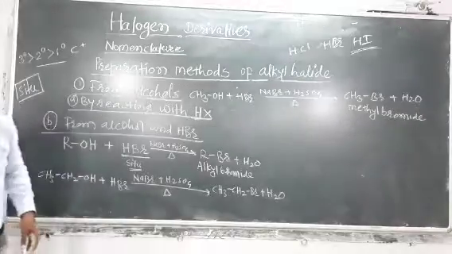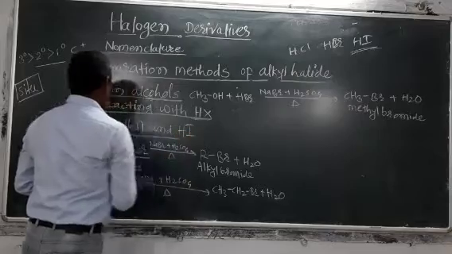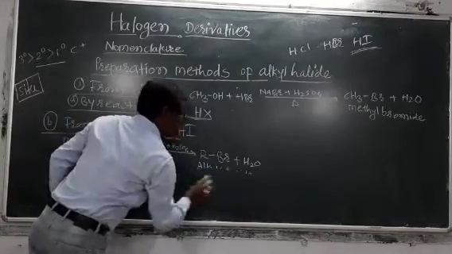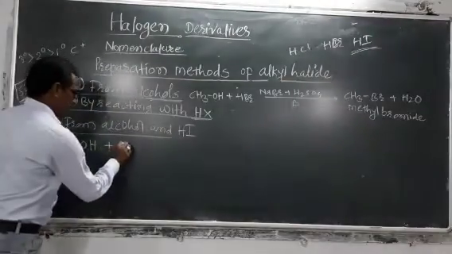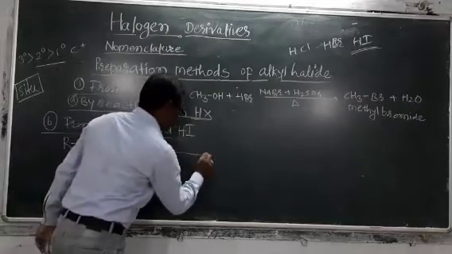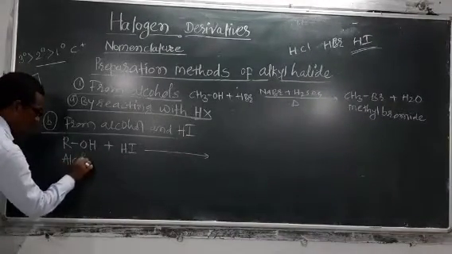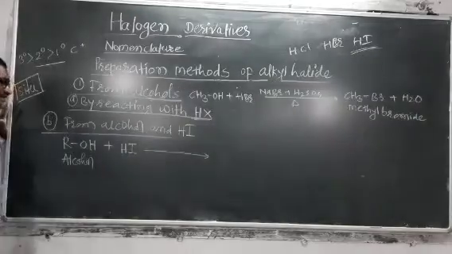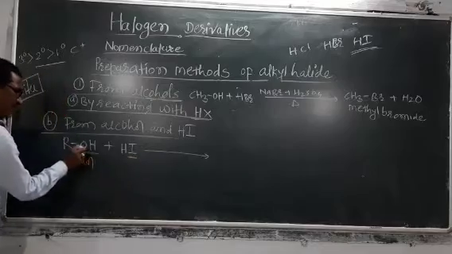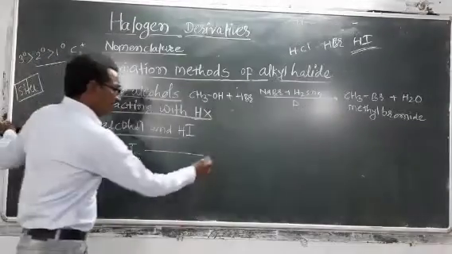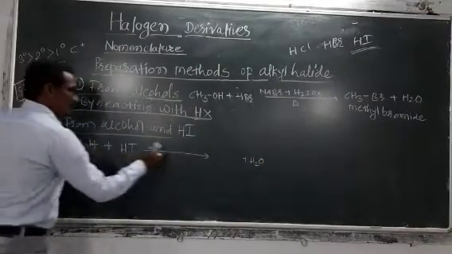What will be the reaction? We will study it here, from alcohols and HI. Look toward the board. When alcohol is reacted with HI, it will give the same kind of product. The procedure is the same. What happens? Here again, a substitution reaction. OH is replaced by I, and this OH combines with a hydrogen atom. We get H2O as a side product, and the main product is RI.